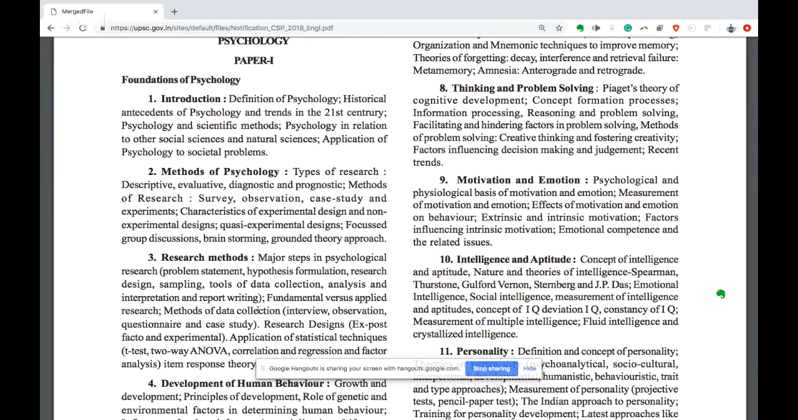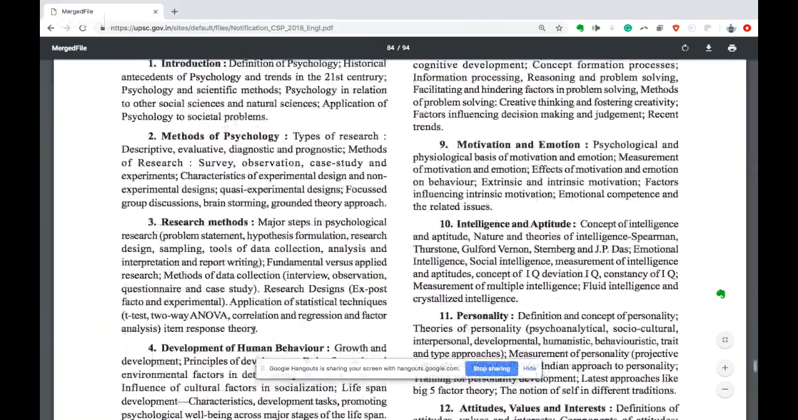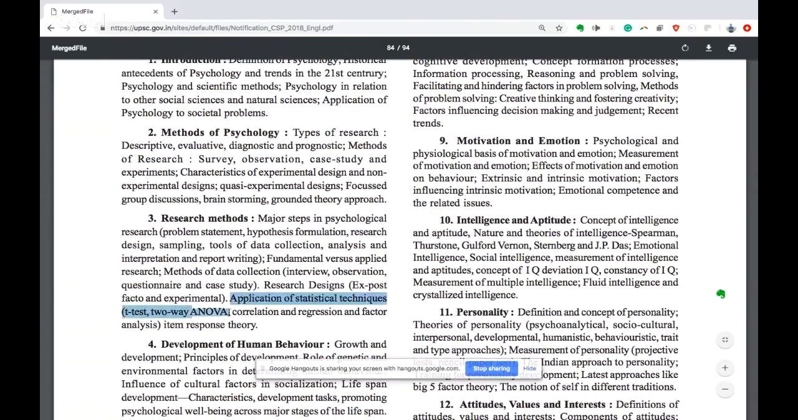Okay, and this third chapter is mostly about how do we do that. For example, the reason I grouped these two chapters together, chapter 2 and chapter 3, was that there are overlaps here. You see interview here, observation. See, research designs. So here also they are talking about experimental designs, research methods, and here also research design, post facto, experimental. A little bit of statistics comes, which is the application of statistical techniques, ANOVA, factor analysis, regression,